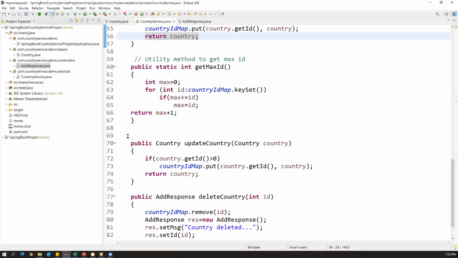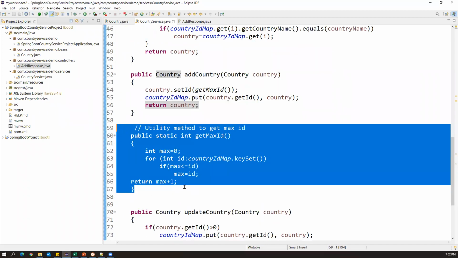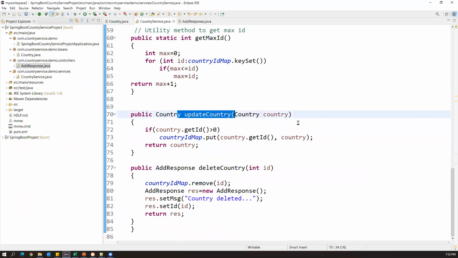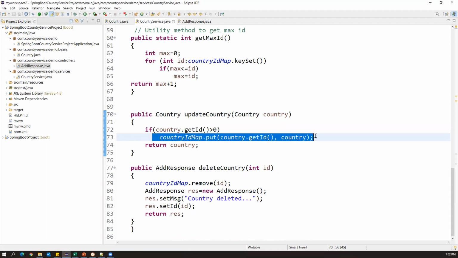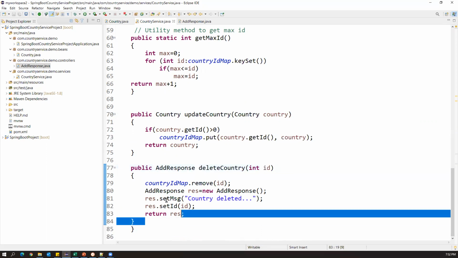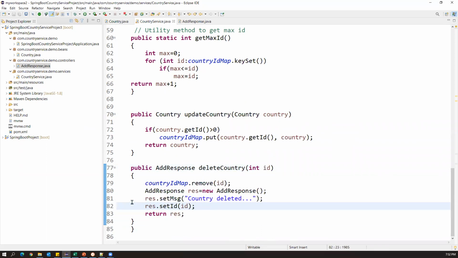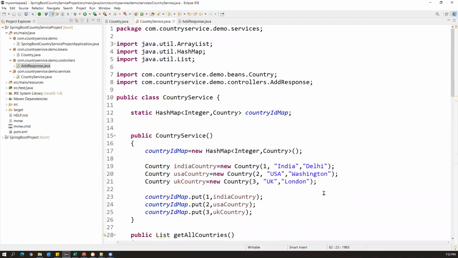This is a utility method which automatically generates the IDs. Then updateCountry takes the country object and checks whether the ID is greater than 0, then it will update the hash map. And then deleteCountry: once you pass the ID of the country, it will delete the country and return the confirmation message. So this is how we can develop the service.